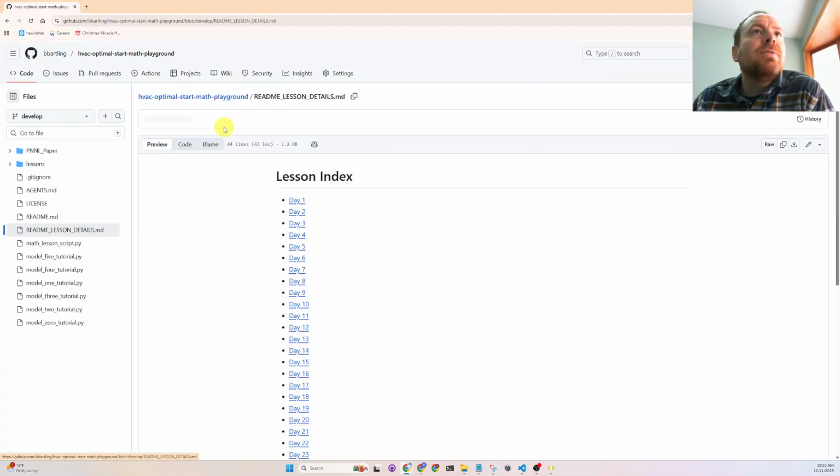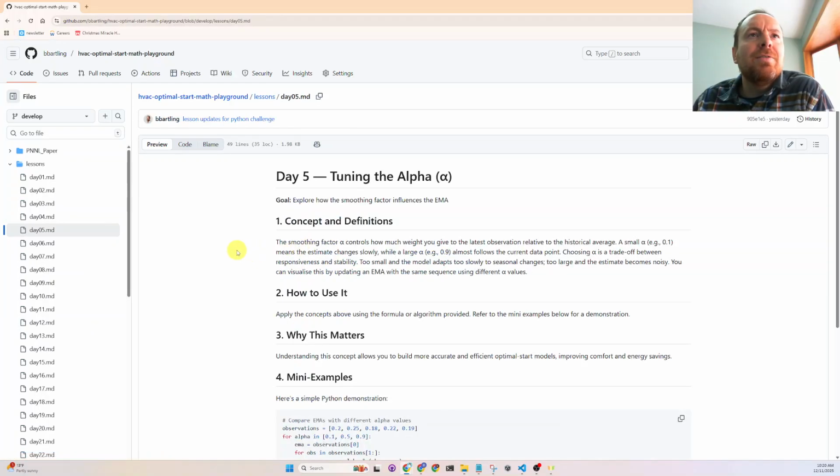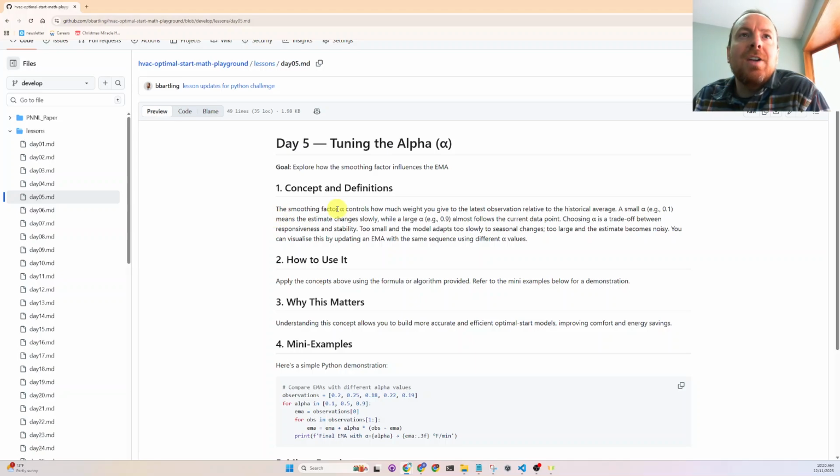If I go in here, day 5: the smoothing factor alpha controls how much weight you give the latest observation relative to the historic average. A small alpha of 0.1 means the estimate changes slowly, while a large alpha has a drastic effect. The linear model on the optimal start block from the vibecoder repo has a 0.5 value. Choosing alpha is a trade-off between responsiveness and stability. Too small, the model adapts too slowly to seasonal changes; too large, and estimates